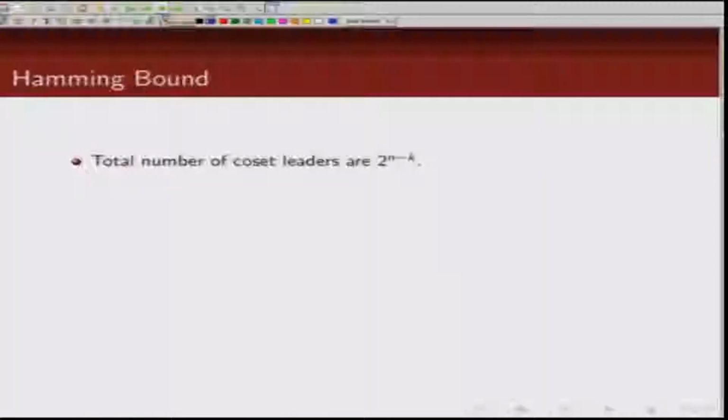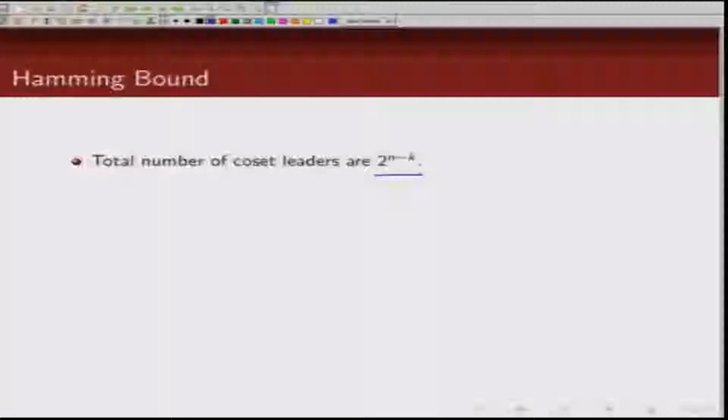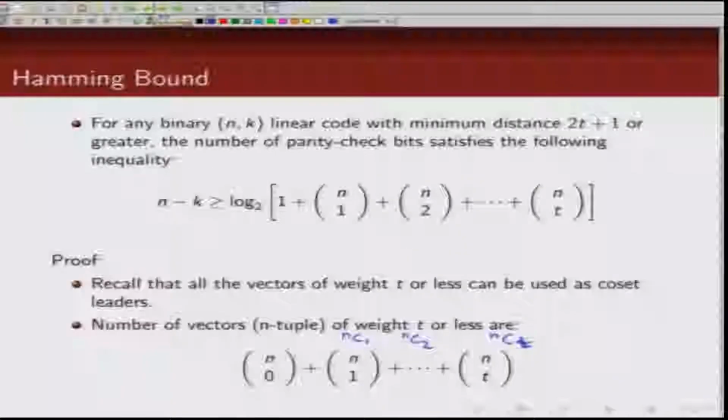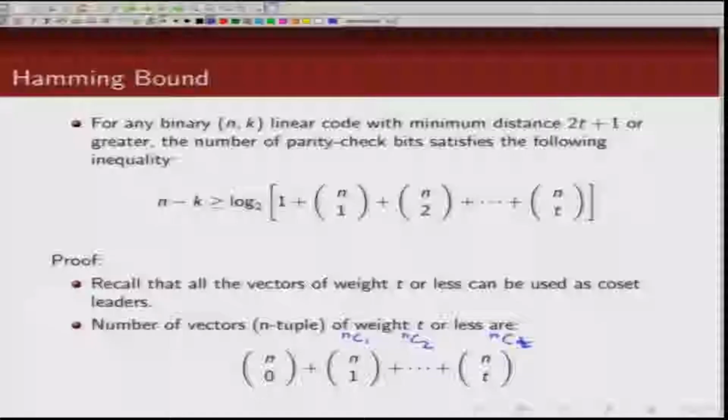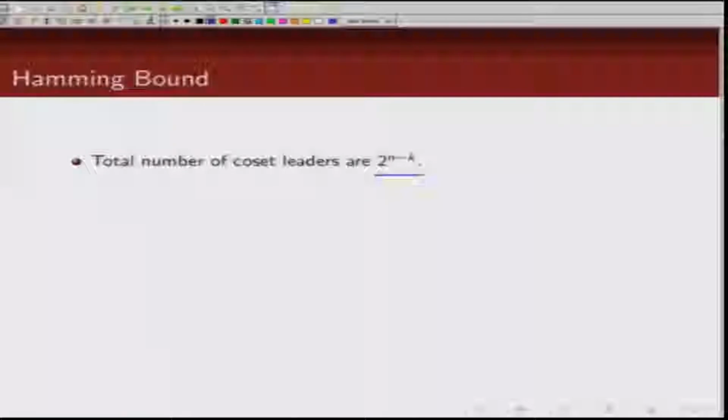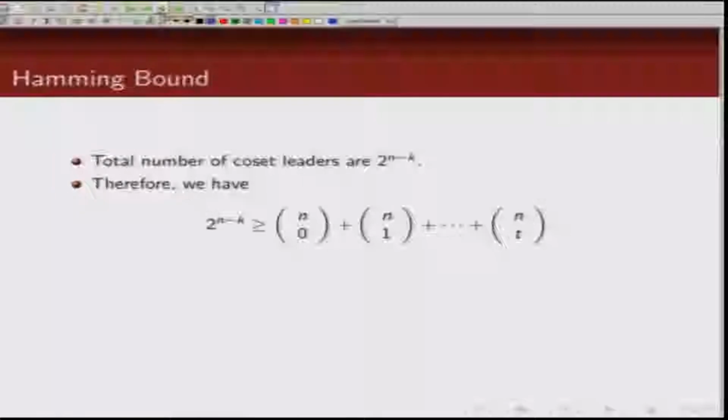But what is the maximum number of coset leaders possible? Now, that number we know is given by 2 raised to power n minus k. So, these are the total number of coset leaders we have. Now, we want all of these error patterns to be coset leaders, then this number should be less than 2 raised to power n minus k. Hence, we get this condition that total number of coset leaders should be more than all error patterns of weight